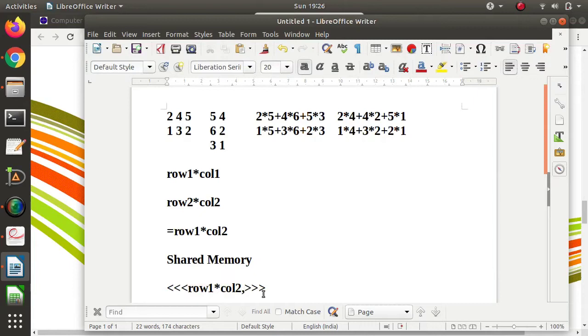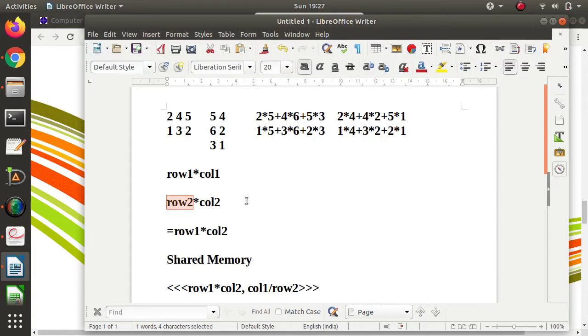And inside each block, how many threads do we require? This 1, 2, 3. But from where did we get this number? We got this number from column 1 or row 2. So here I can mention column 1 or row 2. Both are the same thing. You can mention column 1 or row 2. Both will be the same. So see, when we have to multiply two matrices, if it is 2 by 3, then the other should be 3 by 2. So column 1 and row 2 should be the same.